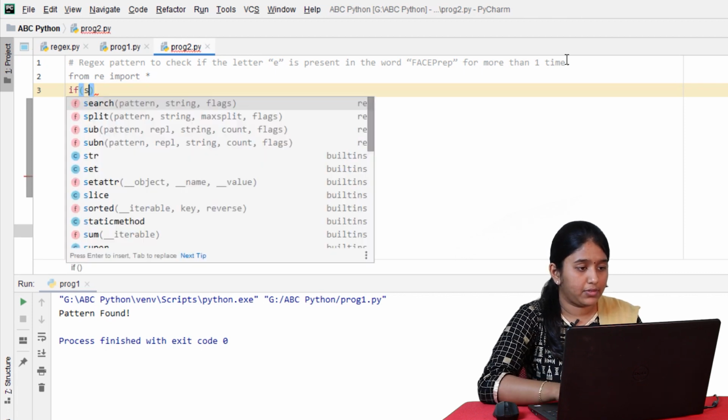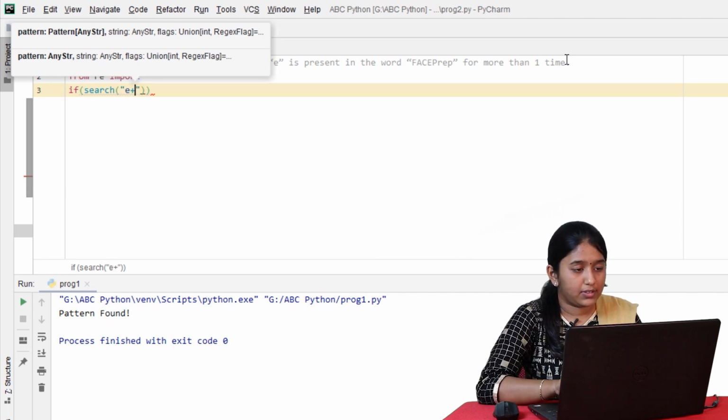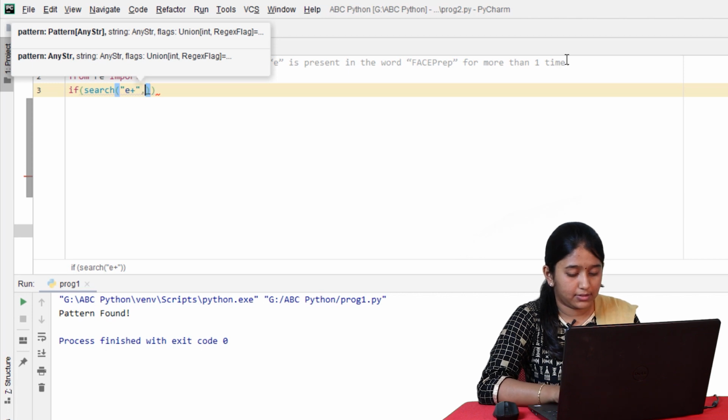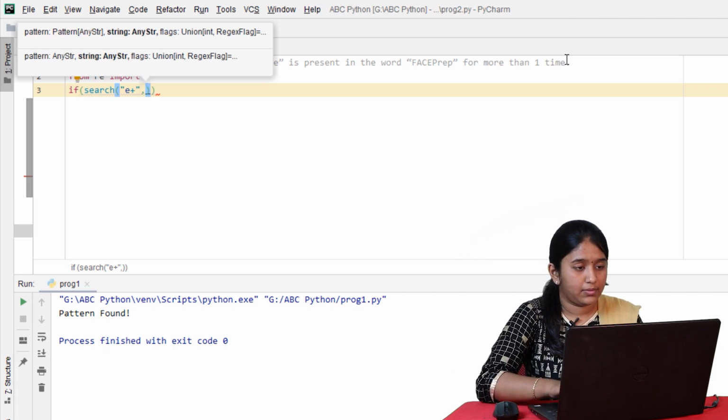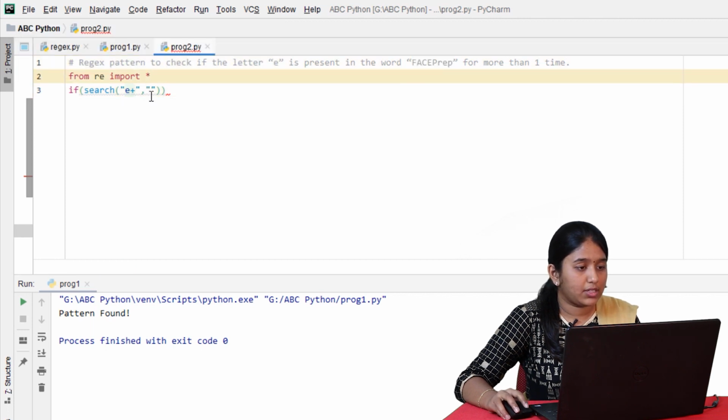If search of the given letter E and give the meta character plus, comma, mention the string.